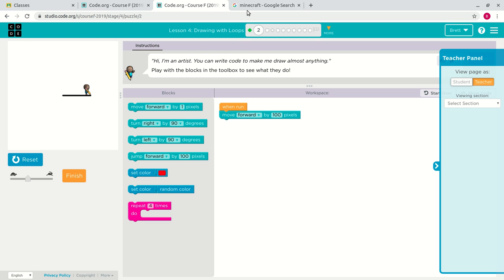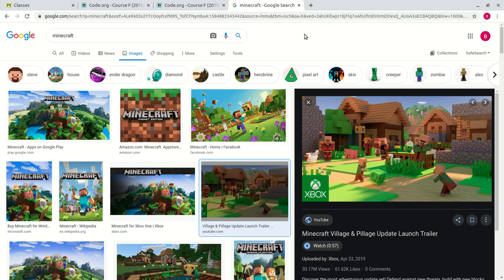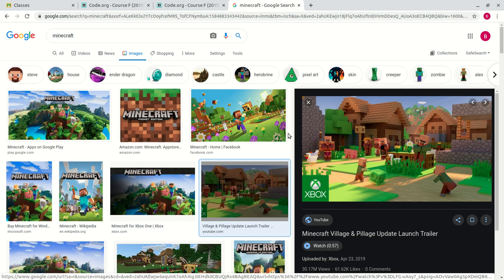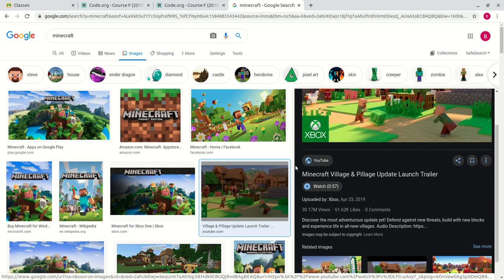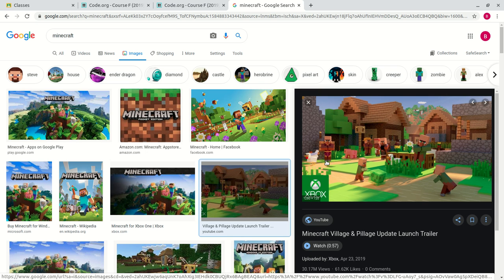But the other thing I was thinking was, oh wait, Minecraft. Minecraft is a world generated from pixels, just like your computer screen, but they made the pixels bigger, so it's a little bit easier to see. See how there are little blocks? Everything is made of little blocks. Each one of those blocks is a pixel. Same thing here. Each one of these little squares that's a different color is a pixel. So there you go. Minecraft was a game that was inspired by pixels, and pixels are what make up everything